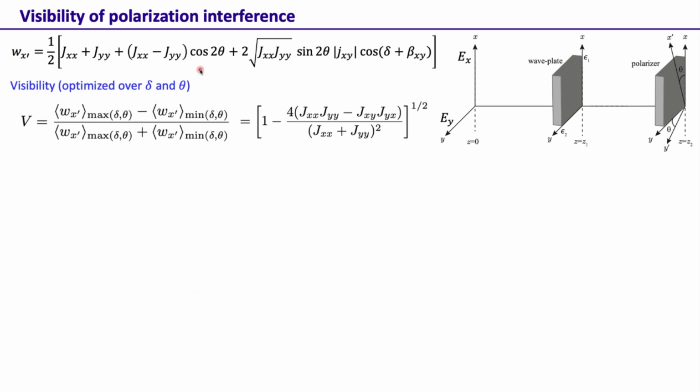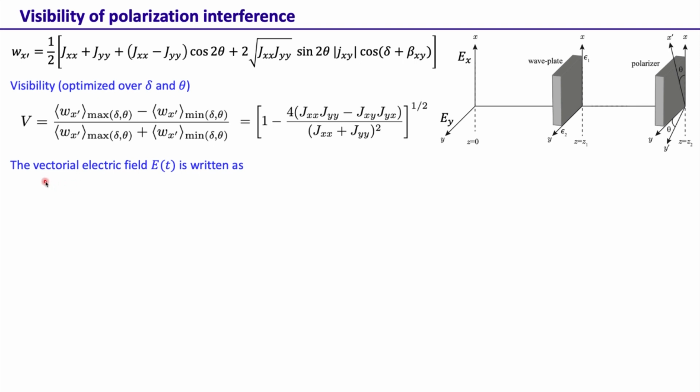So going back again here, that is the intensity that one gets coming out of this polarizer kept at angle theta, and the visibility that is optimized over delta and theta has this expression, that is 1 minus 4 times jxx jyy minus jxy jyx divided by jxx plus jyy whole square, the whole thing raised to the power half. Okay, so we actually want to simplify this expression a little further and give it some physically intuitive meaning. But before we do that, let's go